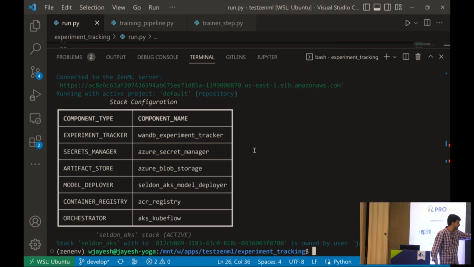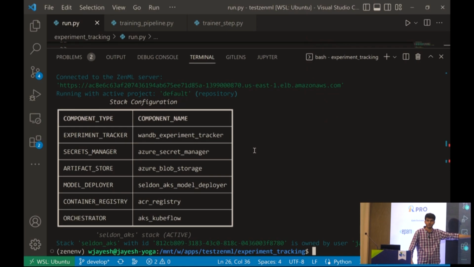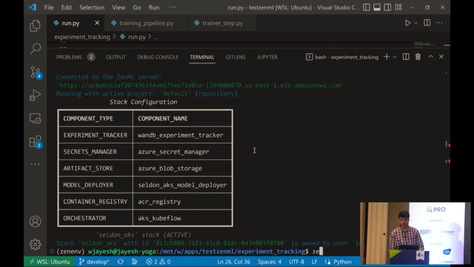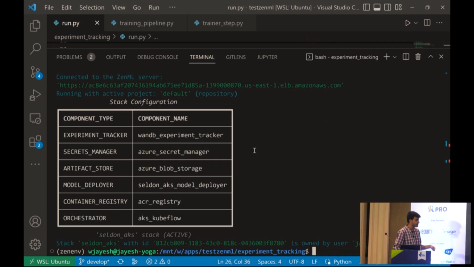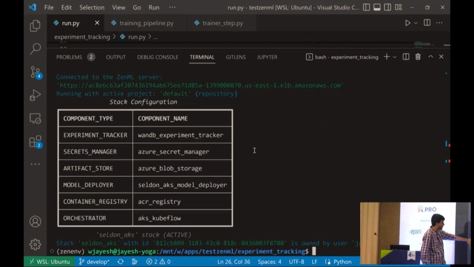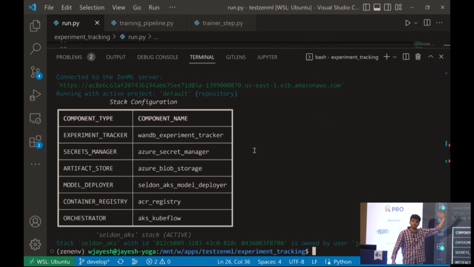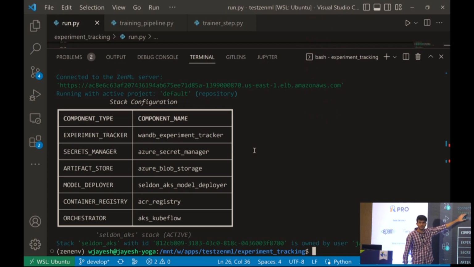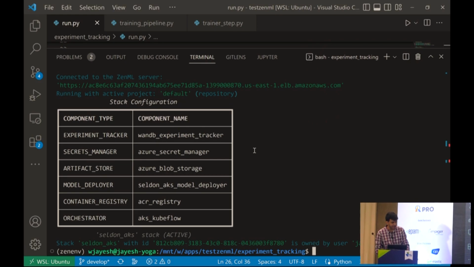So it has these different components, and each of these components has a different implementation. I've already defined these things before. The API to do that is something similar to what I showed you earlier, ZenML artifact store register, which we showed in the slides. So all of that is handled here, and this forms a part of your stack. And right now I'm also connected to a server, which I'll show you later. It's a common server. All of the members in my team are part of this server, and we can share the stacks there as well. All right, so ZenML stack describe is this.